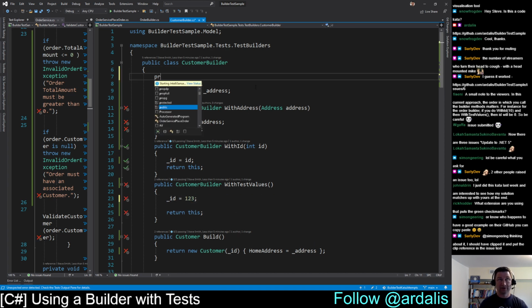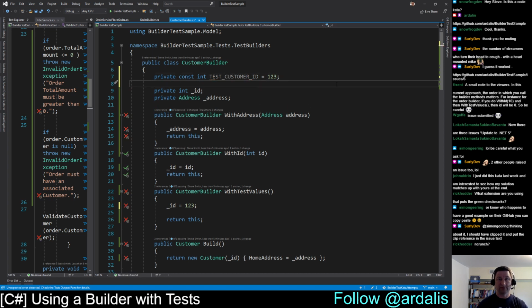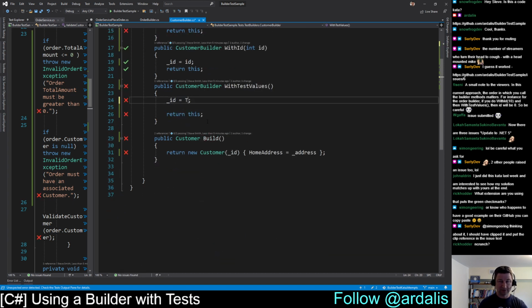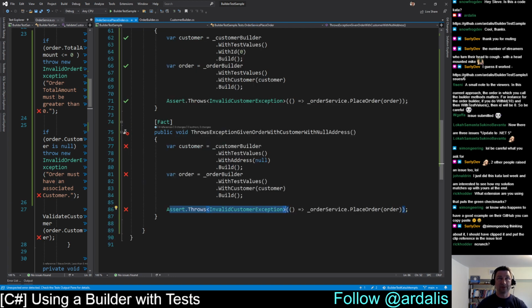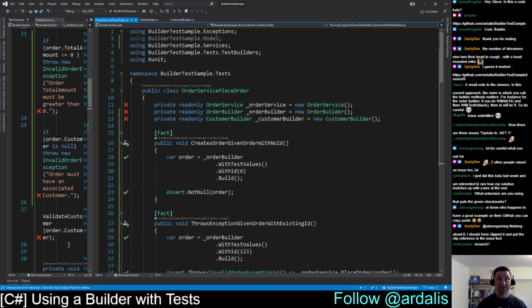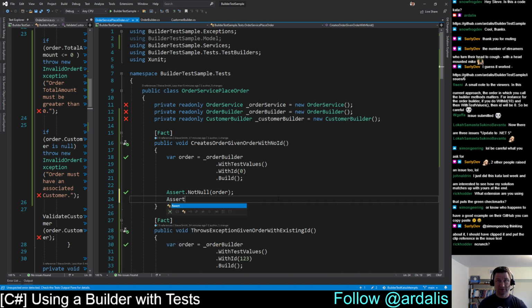Now, if I want to verify this, what I usually like to do is, in the builder, I'll say private const int test customer ID, give me an underscore, equals whatever, right? 1, 2, 3. And then this is a good spot to use test customer ID. And then in my happy path that we were doing over here, order creates okay with test values, with ID, we could do an assertion at some point and say assert.equal